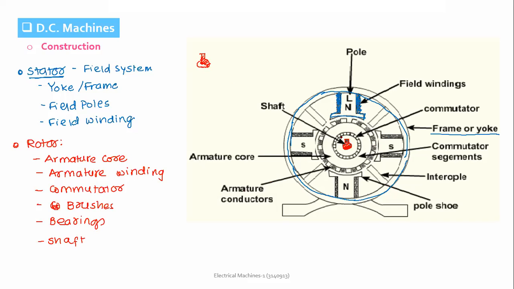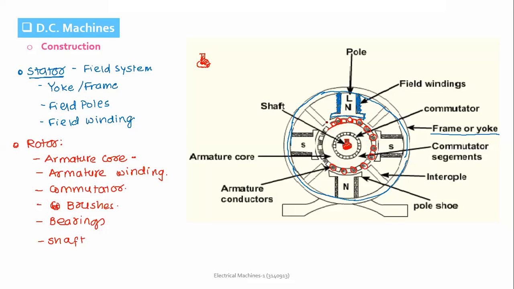So this is a shaft over which there is an armature core. This one is the core, and in the core there will be armature winding. Here we place the armature winding in between. All this we'll see in detail, don't worry. The ends of the armature winding will be connected to the commutator, as we have seen previously how the coils are connected to the commutator. From the commutator we want to collect the current, and that is why brushes are placed on the commutator segments.